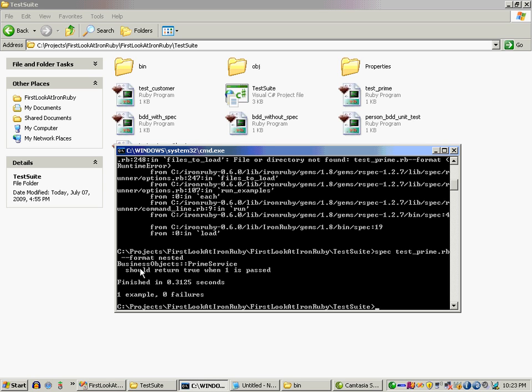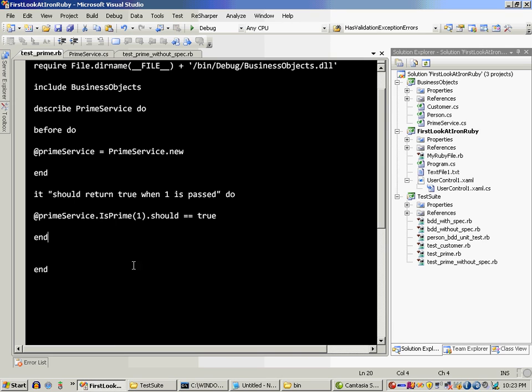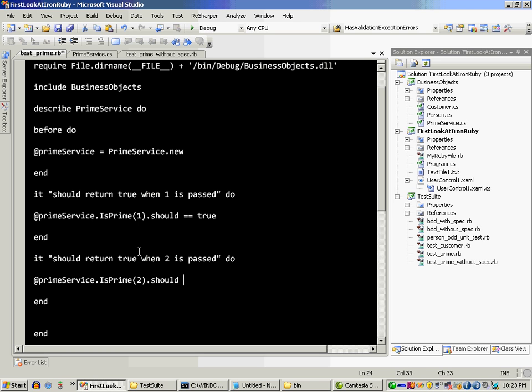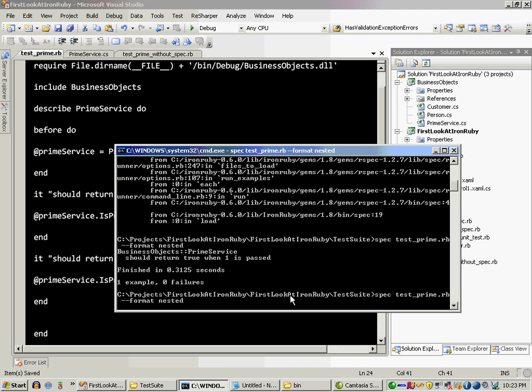And here we go. And here is the test. It says prime service should return true when 1 is passed. So one example, and there's no problem, it actually passed. Let's go ahead and make a different test, and I'm just going to write it over here. It should return true when 2 is passed, do, and I'm going to say prime service dot is prime 2, and it should return me a true value. And if I go over there and execute it again,